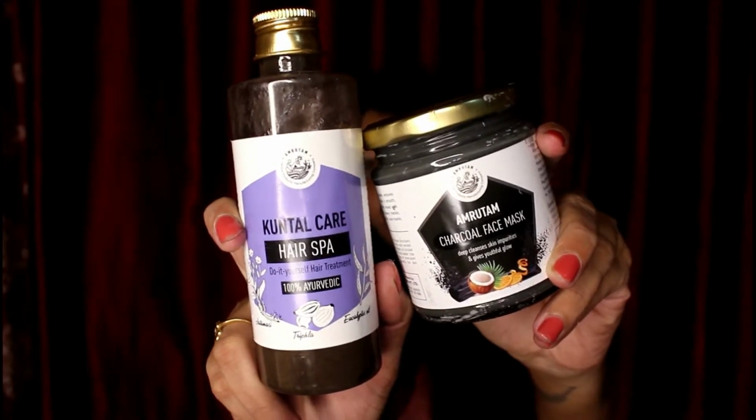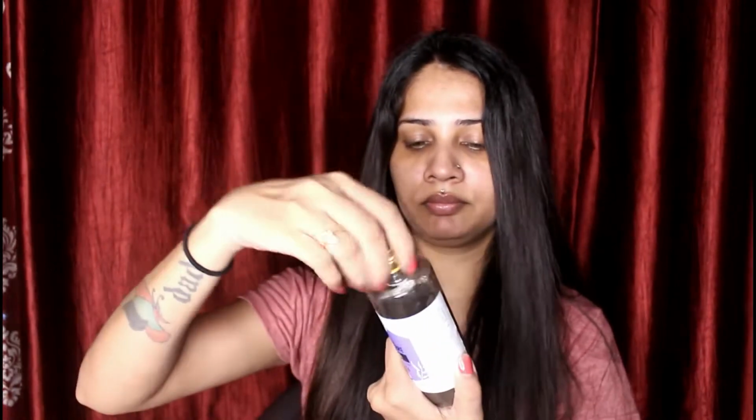I have received two products from Amrutam. One is Kuntal Care Hair Spa and another one is Charcoal Mask. This brand is completely Ayurvedic and herbal. Kuntal Care Spa comes in a plastic bottle with metal cap. It is a do-it-yourself spa, so it's hassle free, and the charcoal mask comes in a glass jar with a golden metal lid. And you all know how much I love charcoal products, so let's just get started with